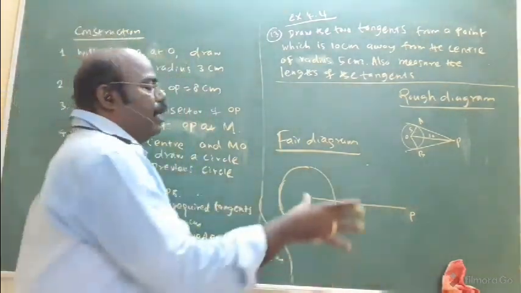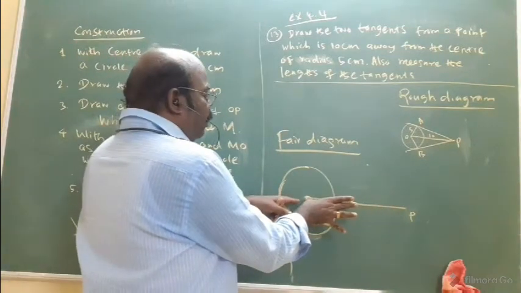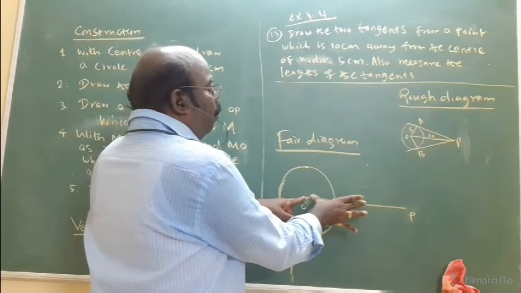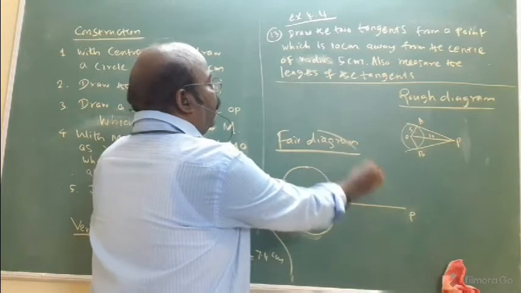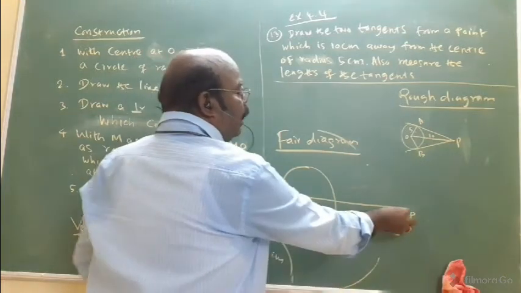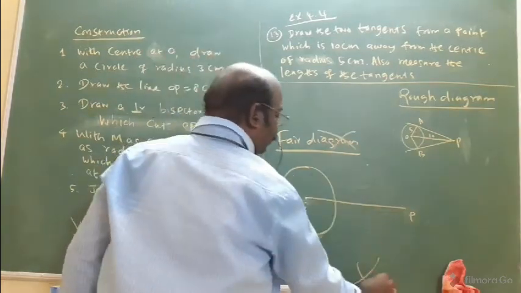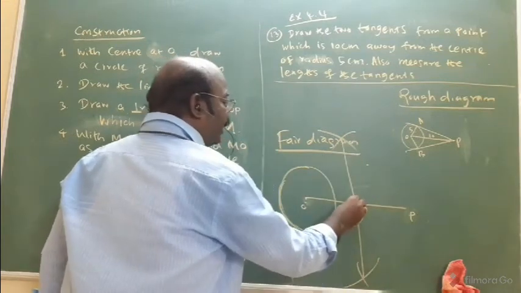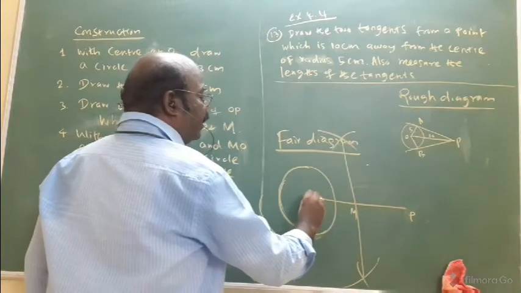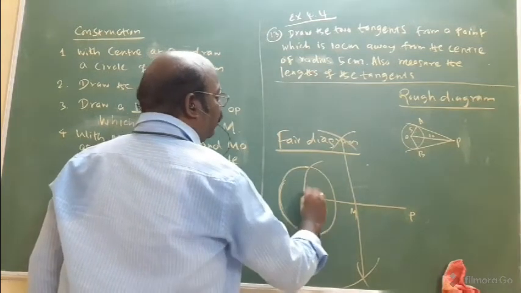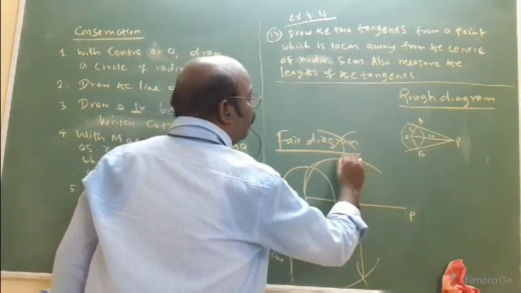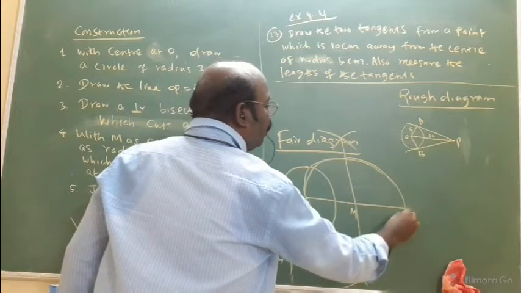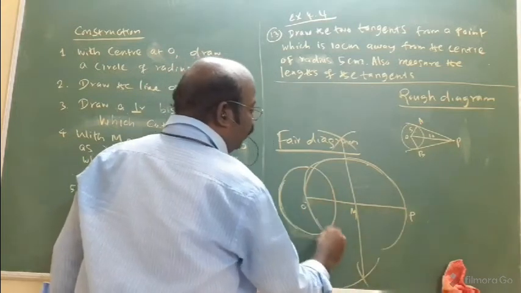Then as usual, using the compass from O, take more than half of the length and cut here and here. Similarly, from the other end, here to here. Now join the line. It will be M. With M as center, and MO as radius, try one more circle. The circle is to pass through exactly O and P. That's important.